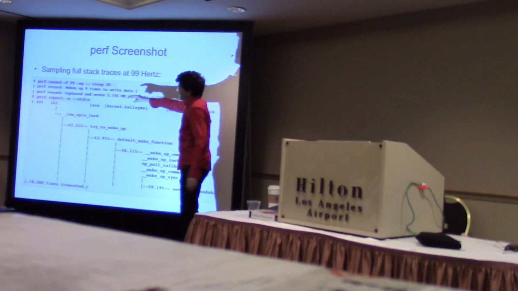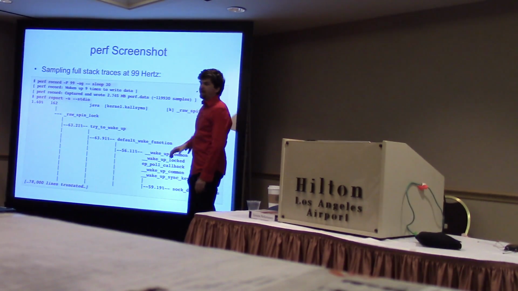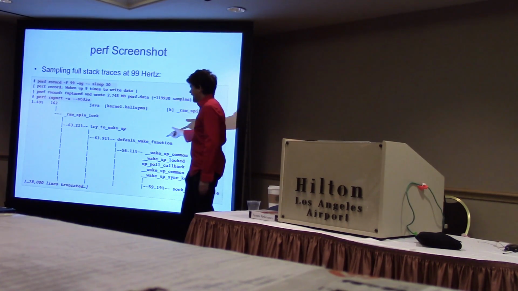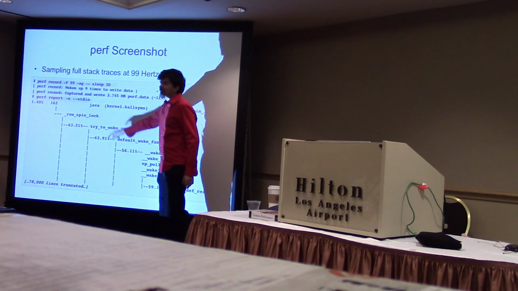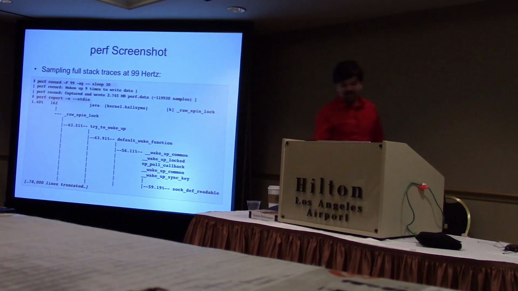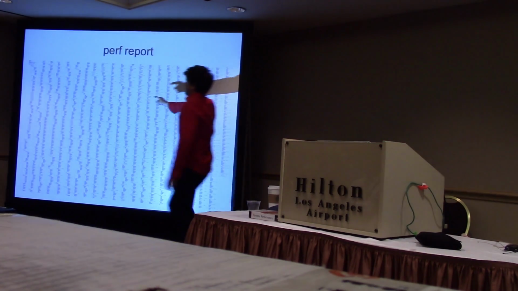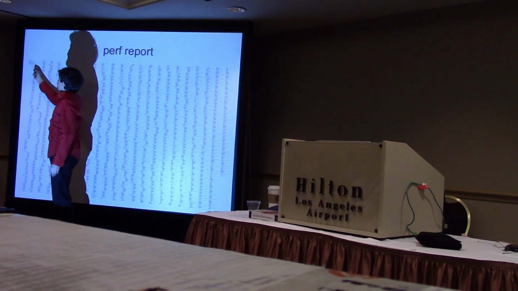One thing I didn't show you on my profile is the output of perf report. If I did this on a production server that's running complex code, which I was doing here, the full output is 78,000 lines in that example. This is what a mere 8,000 lines looks like. And there's the first part, where you're looking at a fraction of a percent here.